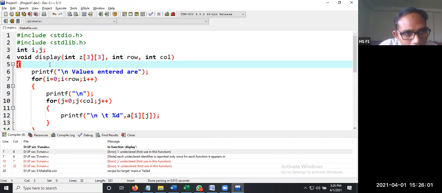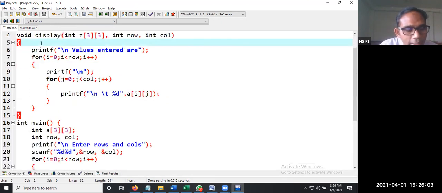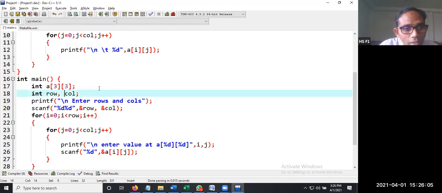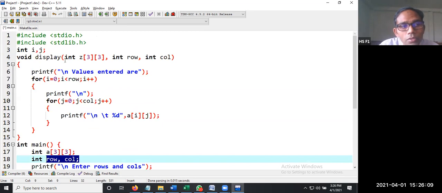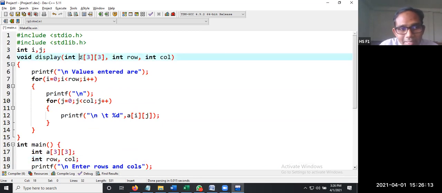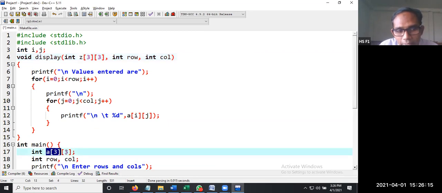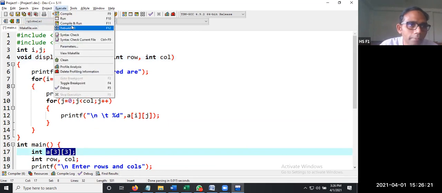Then you need not redeclare those variables inside the display function or inside main. Here also we are having row and column, those also you can make global variables. Here also you are having the Z or A array. You can also make that a global variable, but try these at home when you are practicing this program.